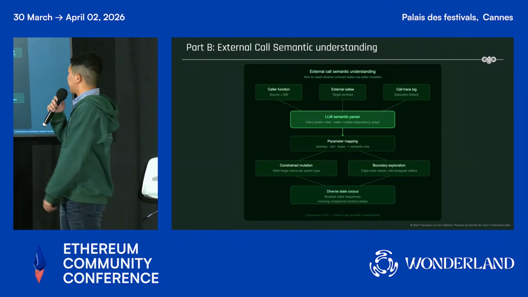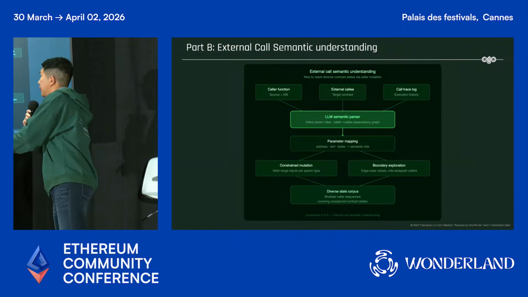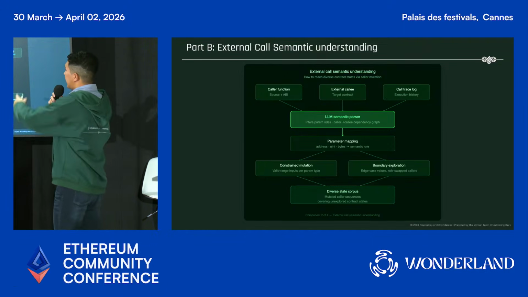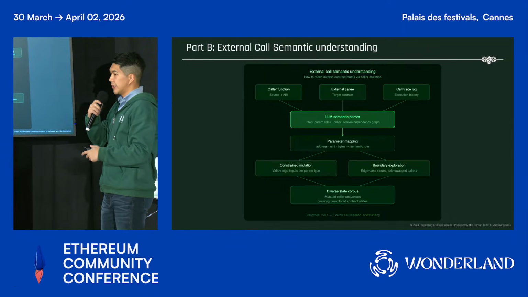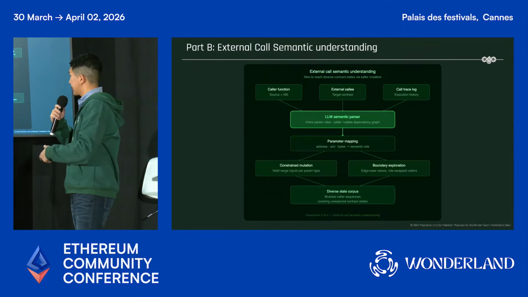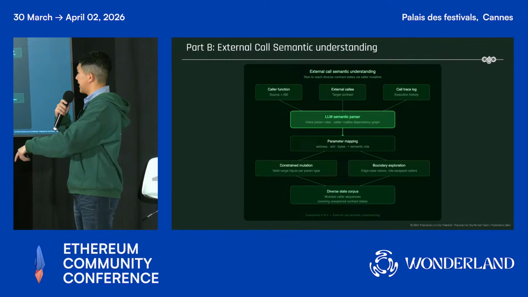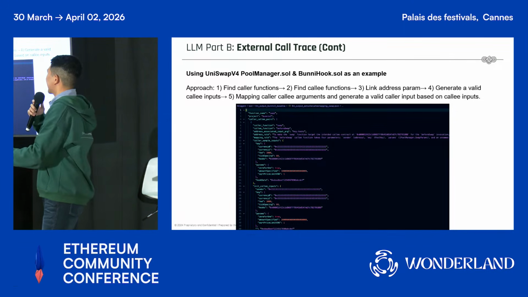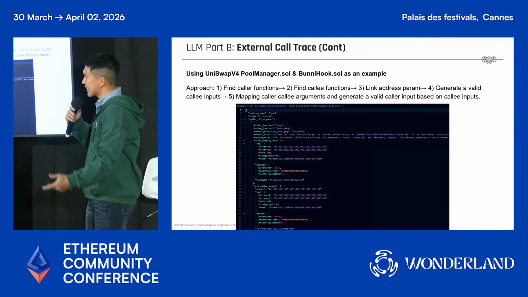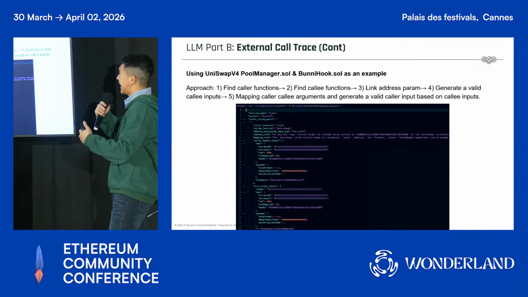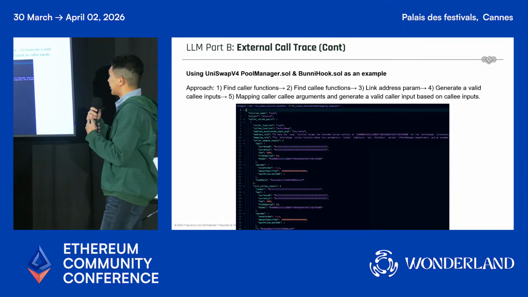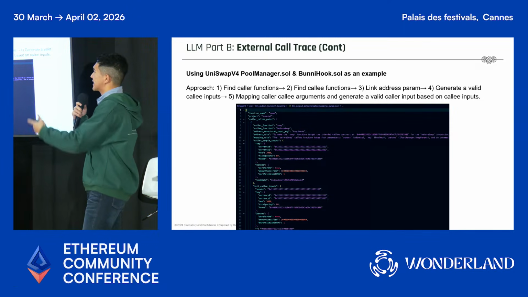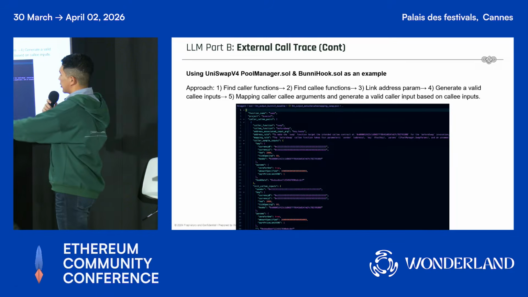And how do we do it? Pretty much, we can also ask the LLM to link these two. We just need to build a better call trace in the execution. By understanding the call trace, we can let the LLM get the dependency graph between a caller and callee. So basically, there's an approach of getting the caller function, getting the callee function, and then linking between the address param, and then trying to generate some callee input for the LLM. Basically, we ask them to follow this instruction, and then they will suggest